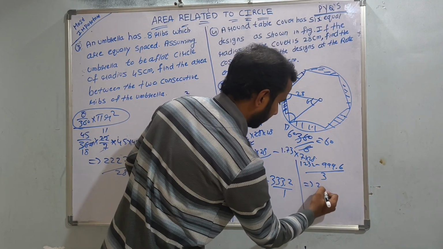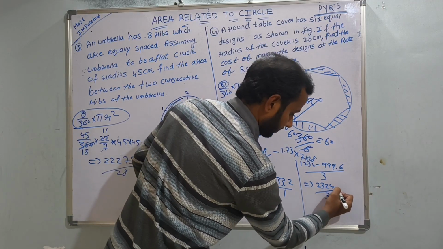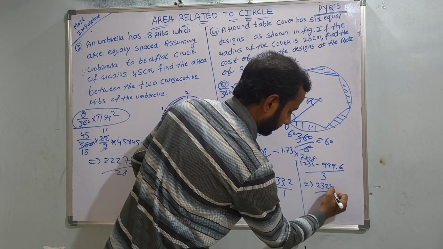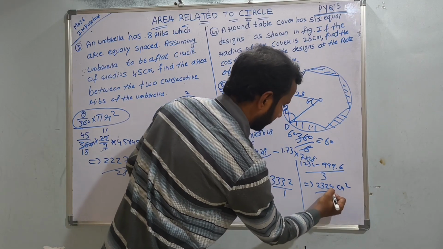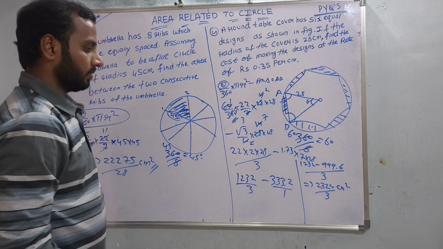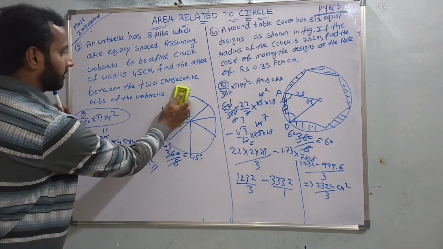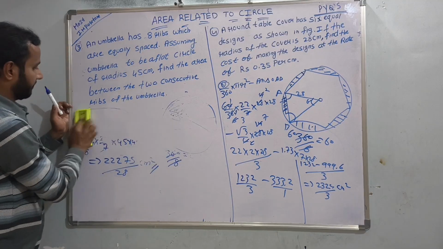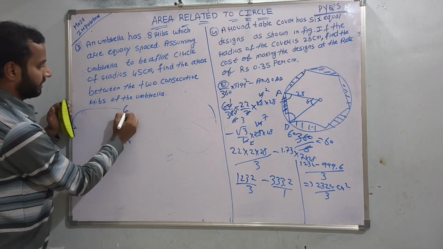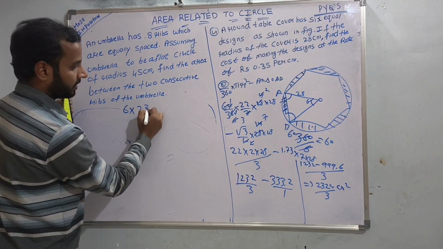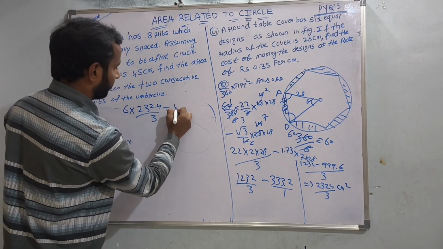We will get 232.4 divided by 3 centimeter square. But the total number of designs we have is 6. Then 6 into area, that is 232.4 divided by 3. Then we will get